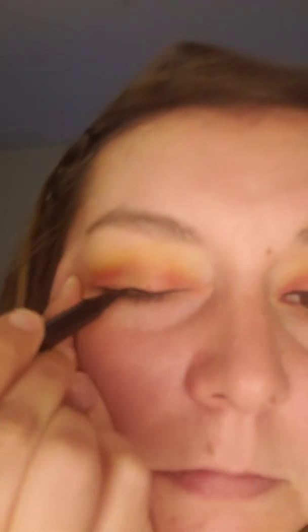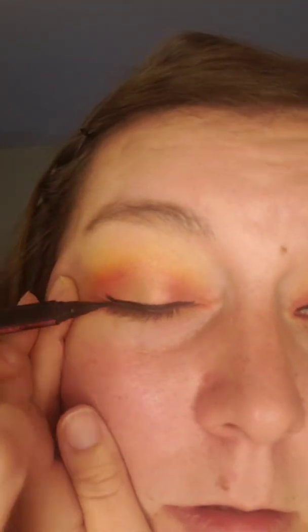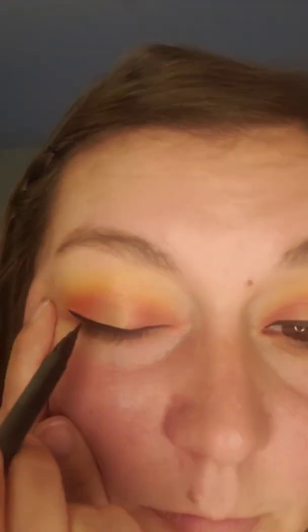I put the lid on and kind of shook it because I wasn't getting a very bold line, but I think this was like $4 or $5 on Amazon, and I'm loving it. And using your camera phone to figure out how to put on eyeliner is the hardest thing, and it just makes for all sorts of fun mistakes. I have to go thicker, and if this would just